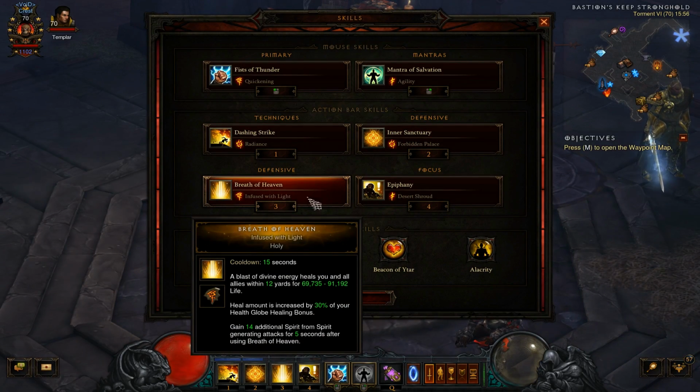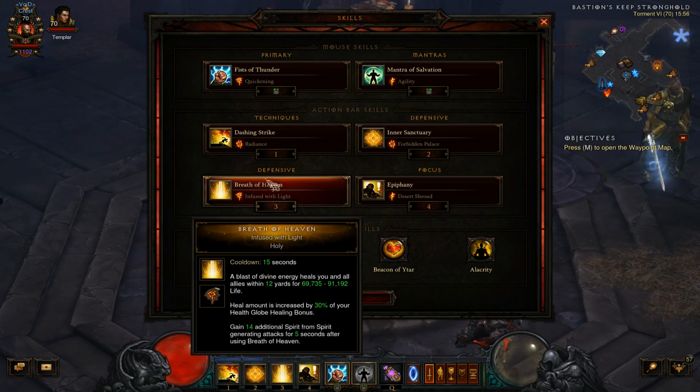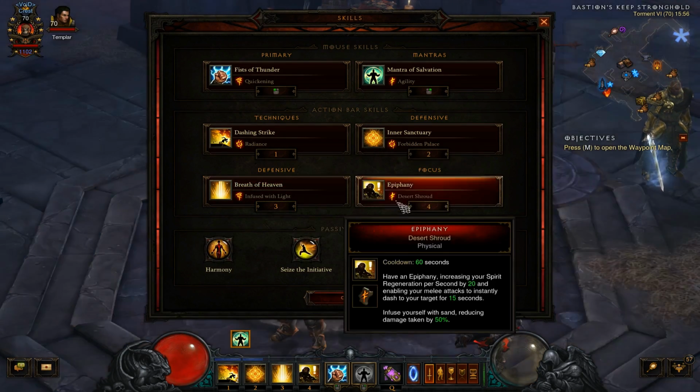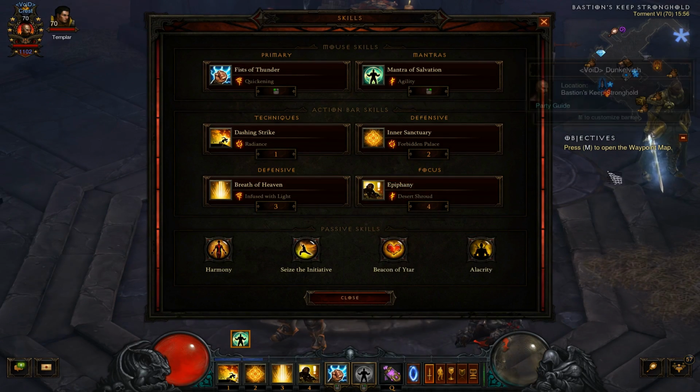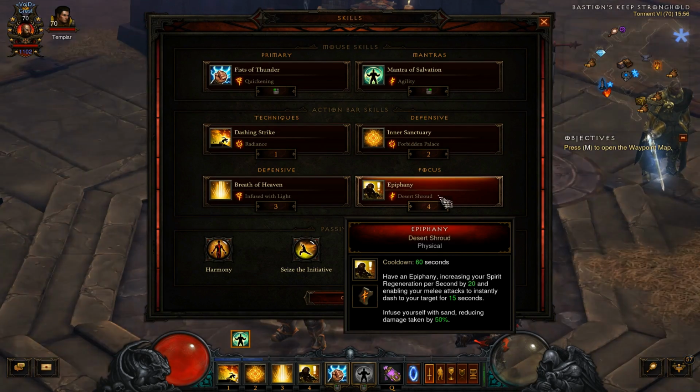Breath of Heaven infused with light. This one here keeps you running. This is countering the effect of the Shenlong's Fist, and with high attack speed, close to 5 attacks per second or something like that, this will have a strong influence, like almost 2/3 more spirit. Epiphany does a shroud for toughness, of course. The 20 spirit per second are basically lost because they're disabled by the Shenlong's Fist when the